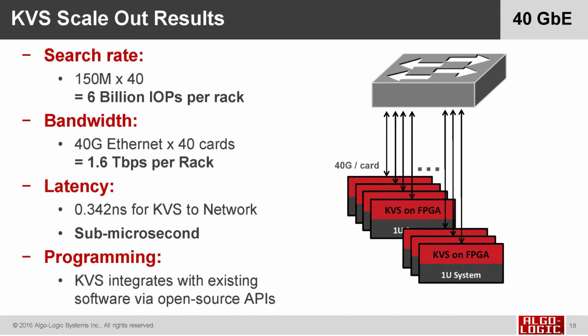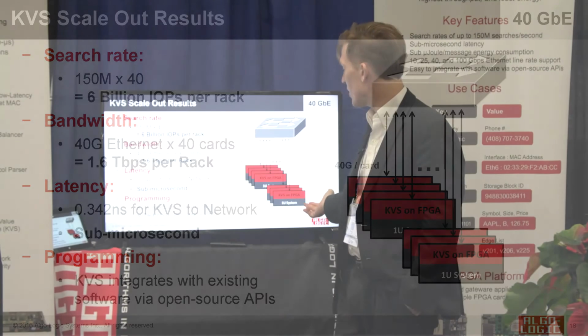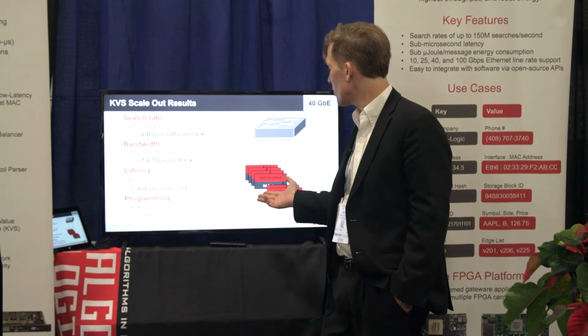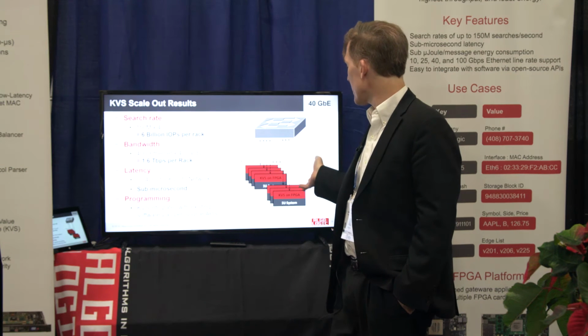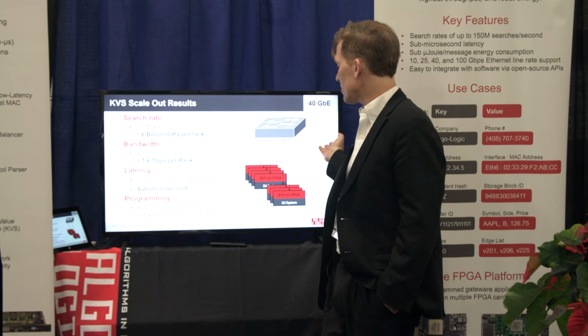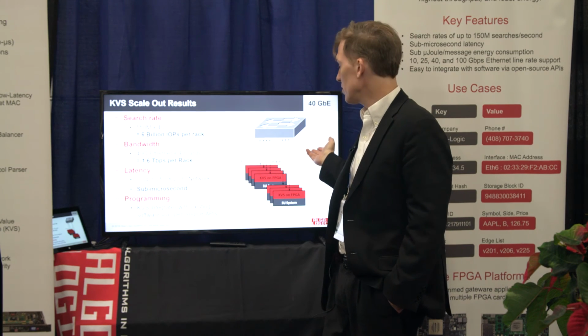And then for programming, the programming model is unchanged. The key value store just does standard Ethernet reads and writes to the switch, which are distributed out to the key value stores that are in the rack. And so we have an open source API so that you can create, insert, modify, and delete key value pairs from any software stack: C, Python, Java,